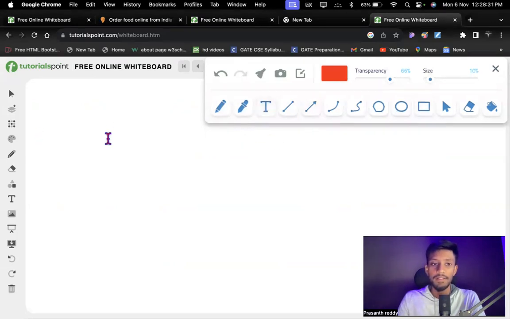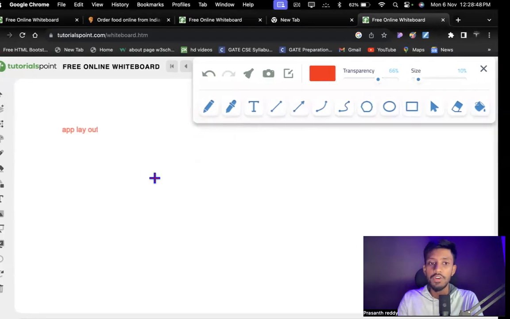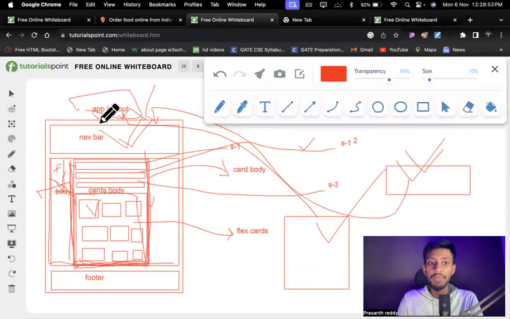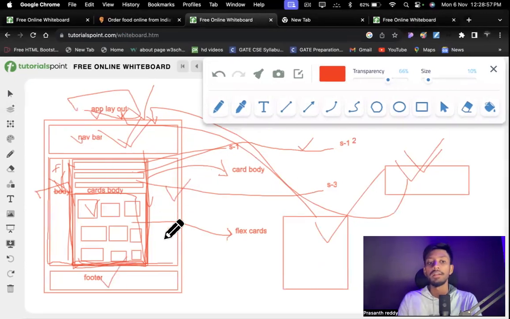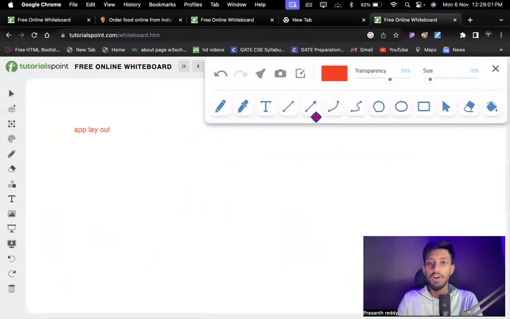See, body, so app layout. Inside the app layout, what do we have? If you go and see this structure, inside the app layout we have navbar, body, footer. That's it, only three things.